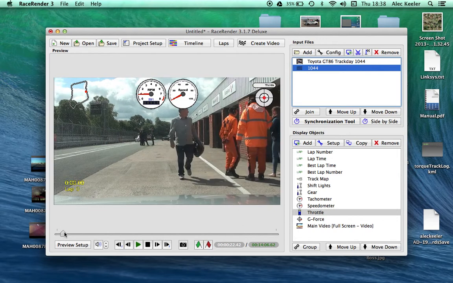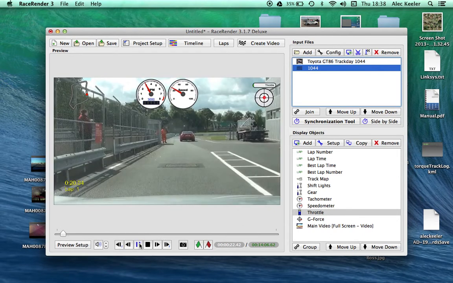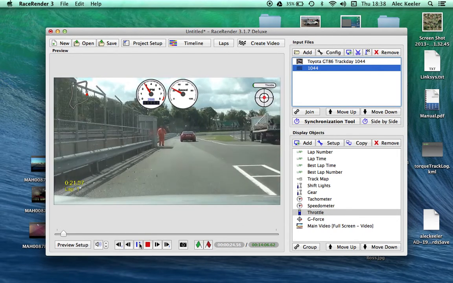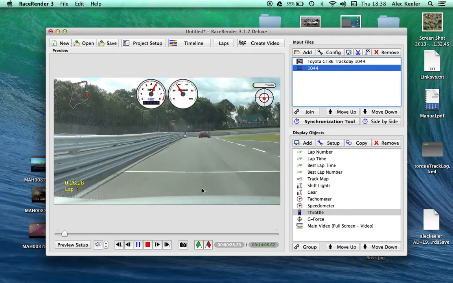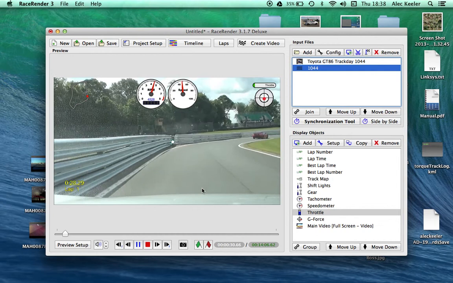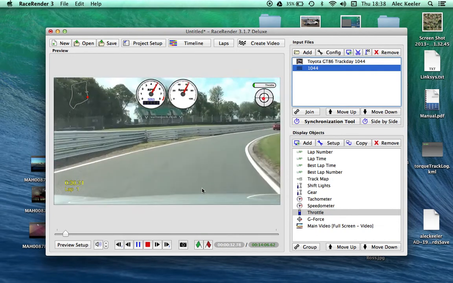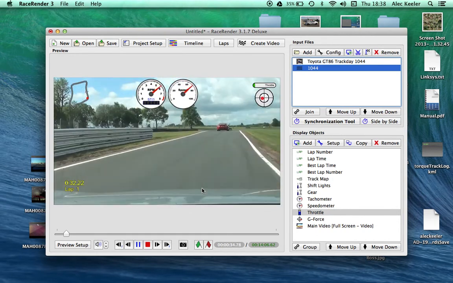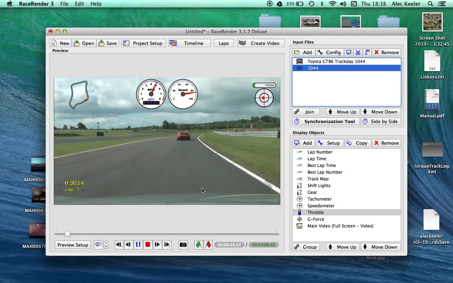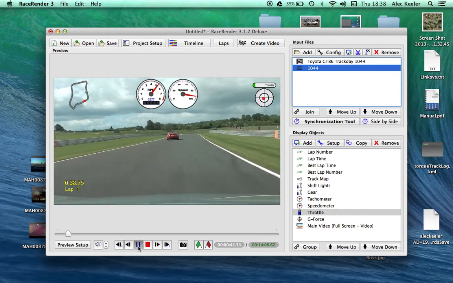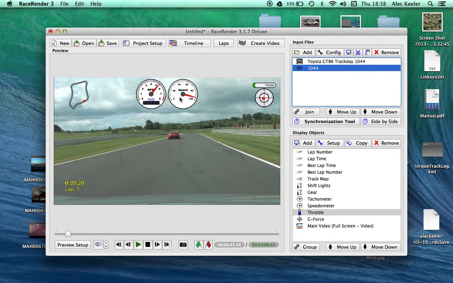So if we actually start the video going, not sure if these sounds are coming out horrible on the video like they are in real life, but you can see we've got some sort of data going on with the video running as well. We pause that, this speed looks funny. So let's go and check our Speedo